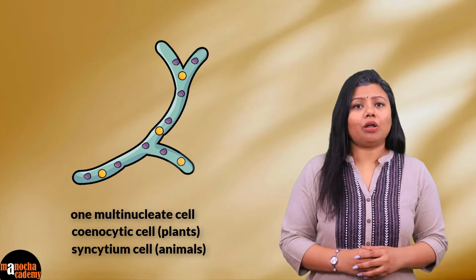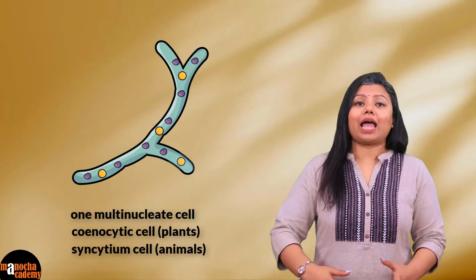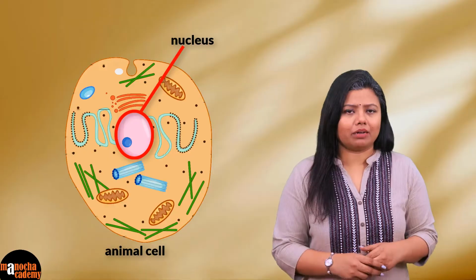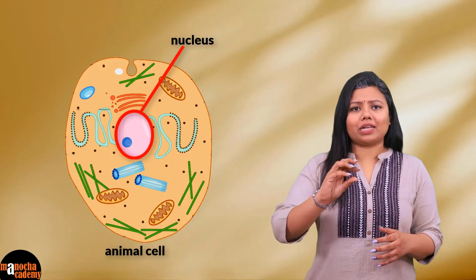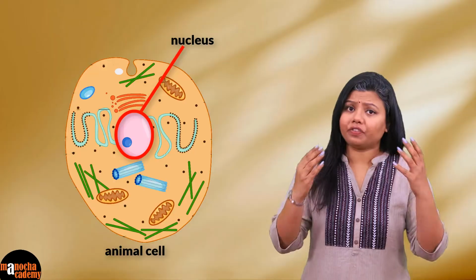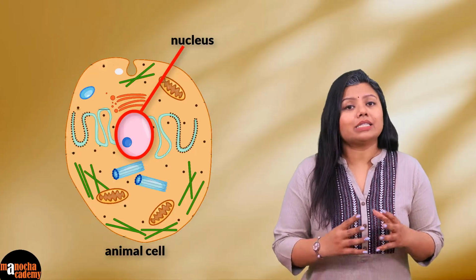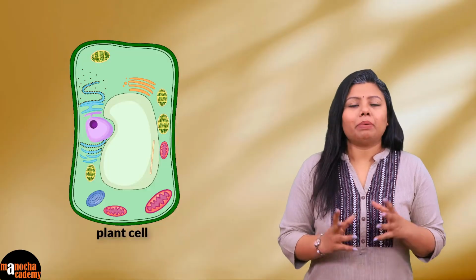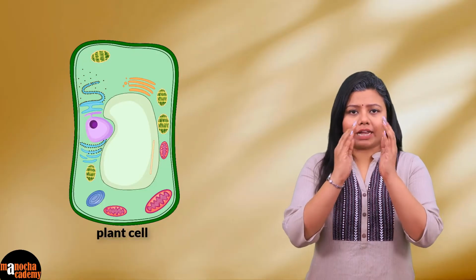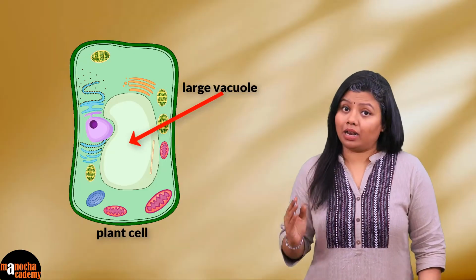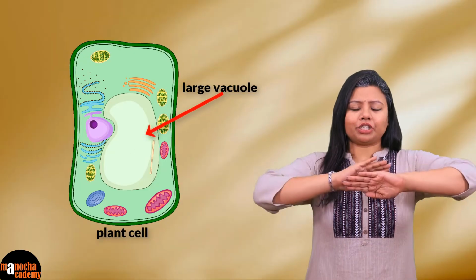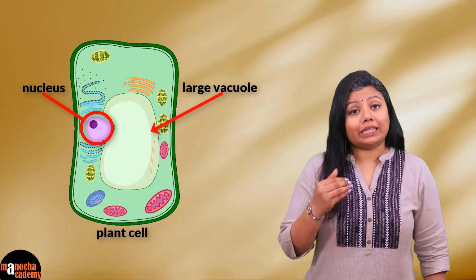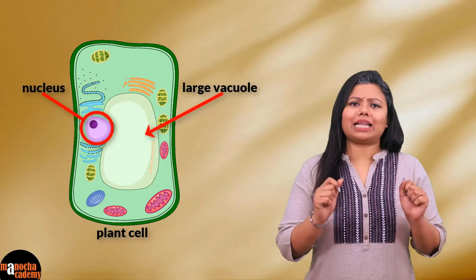The shape of the nucleus also varies with the position and the location of the cell. For example, in most of the animal cells, the nucleus occupies the center of the cell, and because of the absence of large vacuoles, cells are oval or spherical in shape. But in case of plants, the central portion of the cell is taken by a large vacuole, as a result of which the cytoplasm and the nucleus are pushed towards the periphery, and then the nucleus can become slightly ellipsoidal